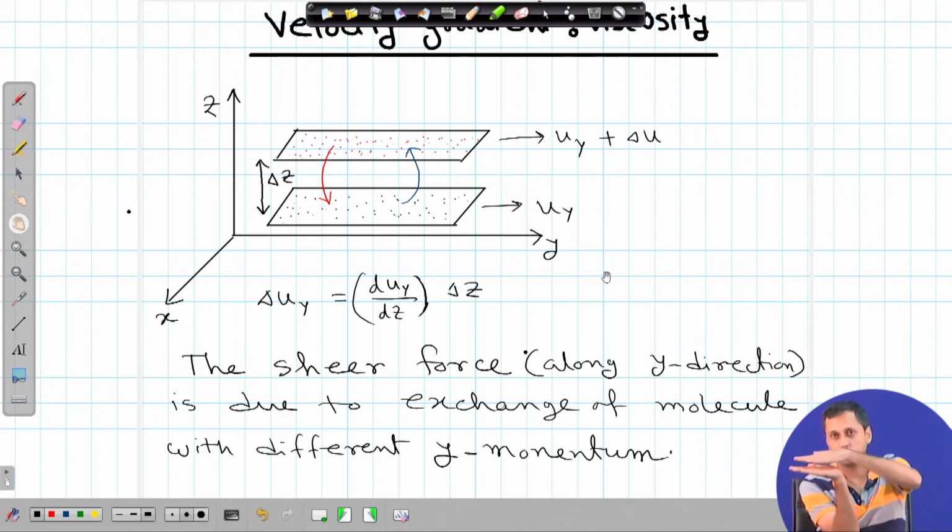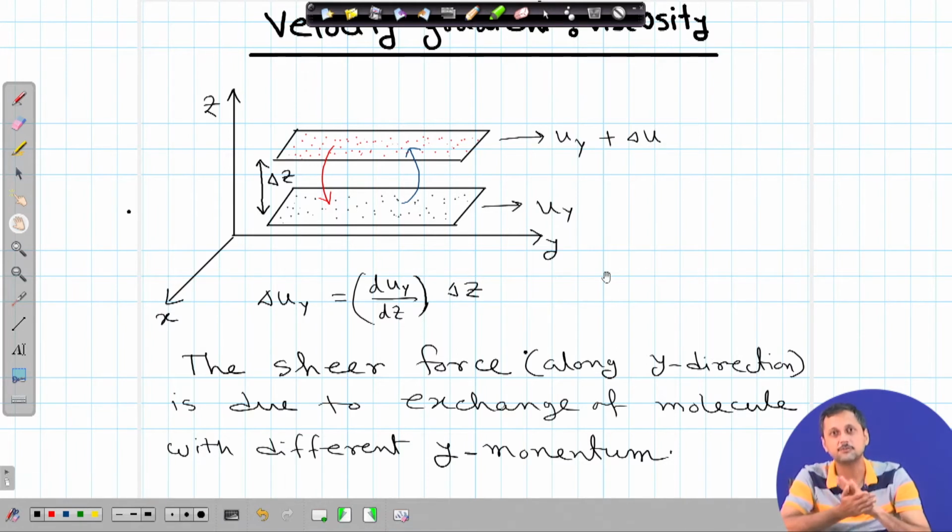So, let us assume that there are 2 layers moving in the same direction, not the opposite direction, but assume that the layer up here is moving slightly faster, and the layer down here is moving slightly slower. Now, what happens? The slow layer will eventually try to pull the first layer. Let us assume that they are in contact with each other. So, if one layer is moving slower as compared to the other, that layer will pull the first layer backwards, and from a similar perspective, the first layer will actually pull the slow layer forward.